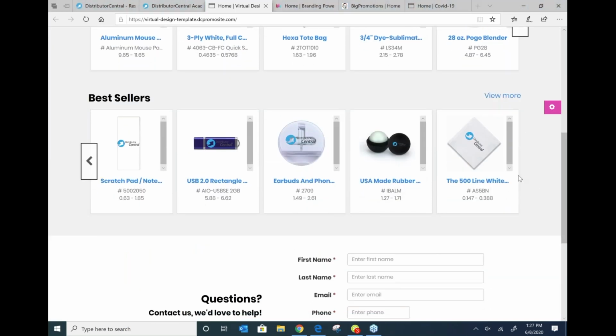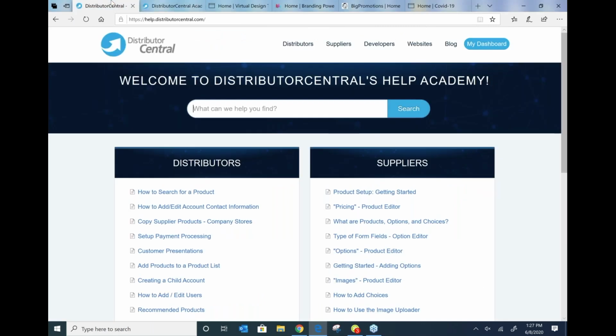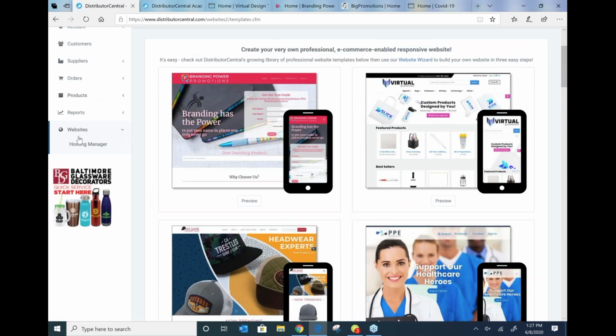I'm going to take a look and see if there's any questions that I can yet answer. So there was a question in regards to just that, that design tool on that template. So there's a couple of ways that you can access this template. When you log into Distributor Central and you go to the hosting manager,